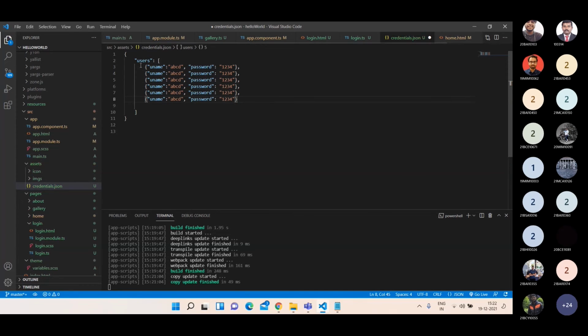So we have multiple entries and some different input fields. These are all various logins, let's assume. And let me give one credential in my name also.